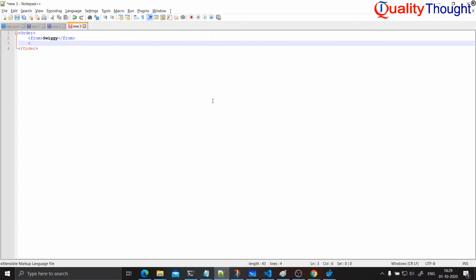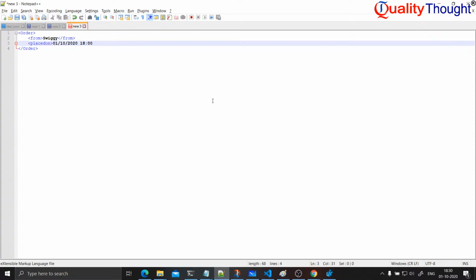Then date, when was the order placed on. So the order was placed on 1st October 2020